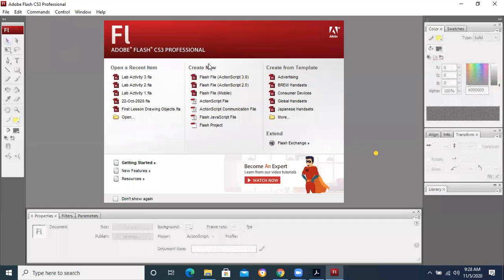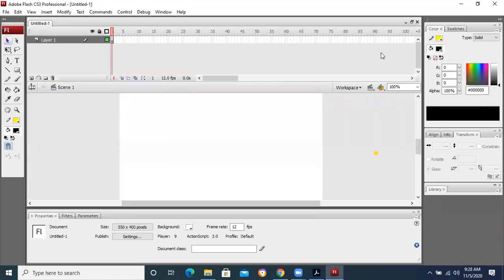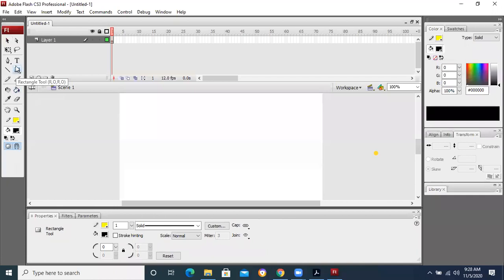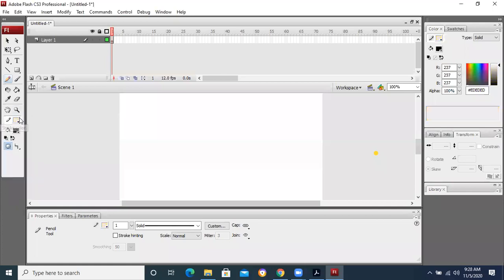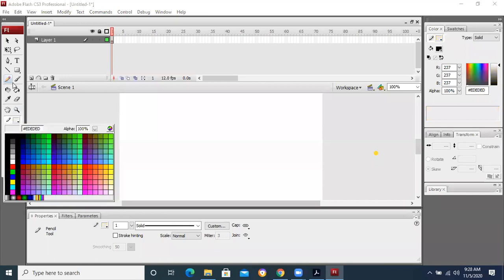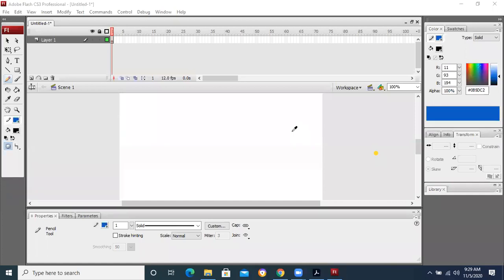So whenever we are taking a new file, for example, if I take rectangle or pencil or pen, whatever I am taking, I will take this pencil tool. So this is basically the color. Color is showing you these options. What I had told you is that when we are clicking the pencil tool, you have to take color from here, because a pencil itself is a line. So you are not going to take the red cross. The red cross is there when we are drawing some shape.